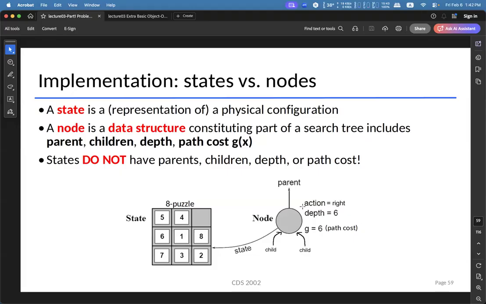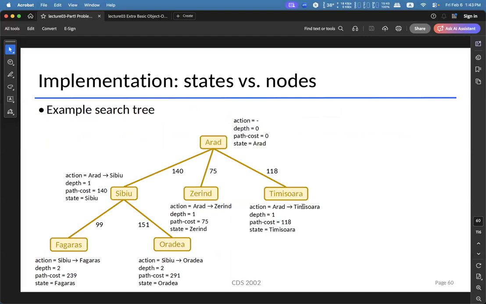So is this stored in the child or the parent? In the parent. So for example, if the node at the parent needs to do an action right to go to the node shown in the diagram here, then the action right will be stored in the node in the diagram right here. Maybe I will use this one as an example. You can consider the action stored in a node as the action that is done by the agent that led the agent to go to this state.